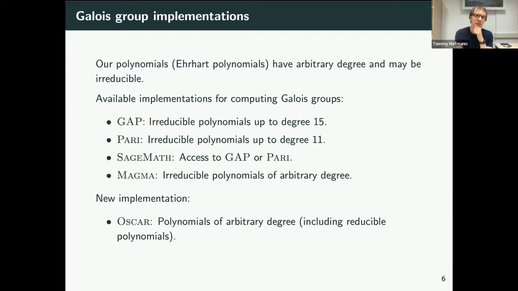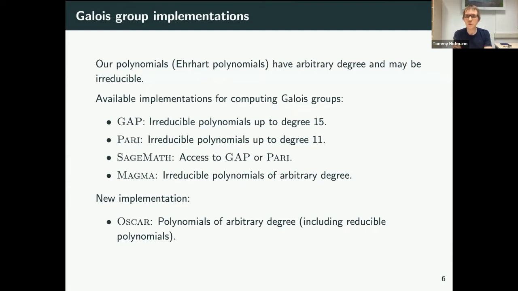So important to notice, this is just group theory, this is just number theory, and on their own, they are not able to handle the general case. So they do some ad hoc tricks, pre-computed tables, but all they can do, which is already quite good, is that they only have functionality to compute with limited degree, but this is not sufficient if you want to investigate interesting families of Ehrhart polynomials. Now the 4th contender is Magma, which in fact has all the functionality that we want, arbitrary polynomials, but